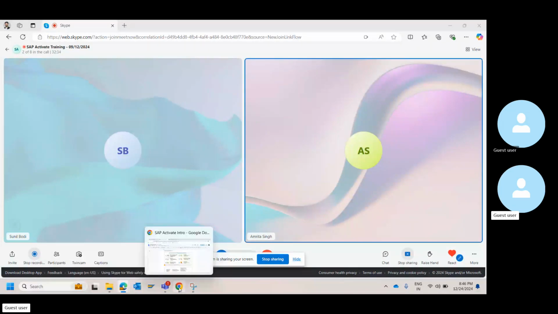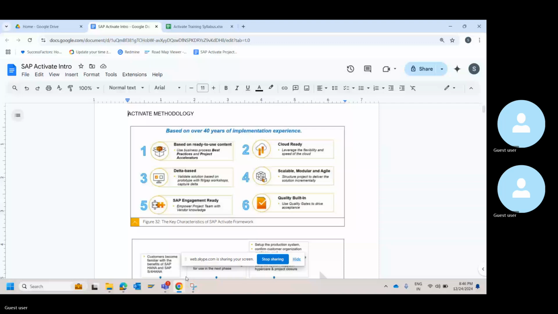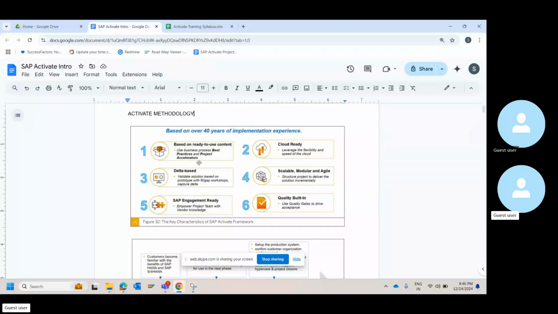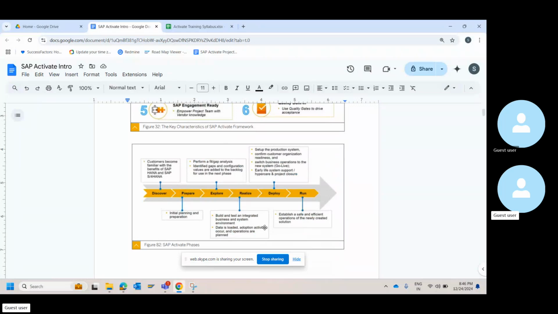Do you see my screen? Yes, I can. All right, so this Activate methodology is what we discussed yesterday. These 6 points are basically the foundation of Activate methodology. Then come your Activate phases.